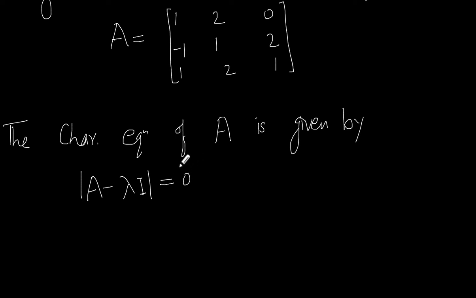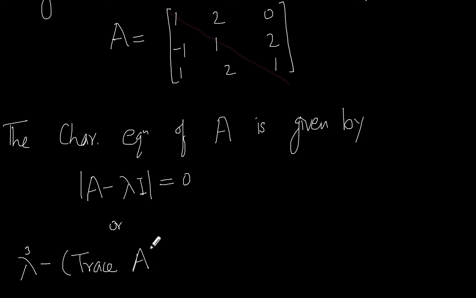So how can we obtain this matrix? Just in the main diagonal entries of A, you put minus lambda, minus lambda, minus lambda, and then find the determinant of this matrix. Or we have another formula which we have already discussed in our previous video. If you want to check how it comes, you can go and see it.